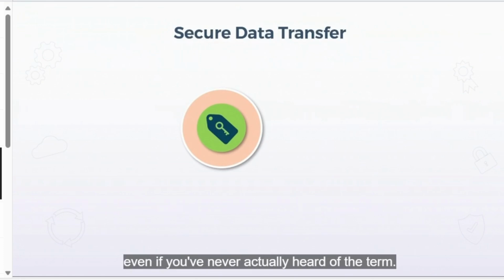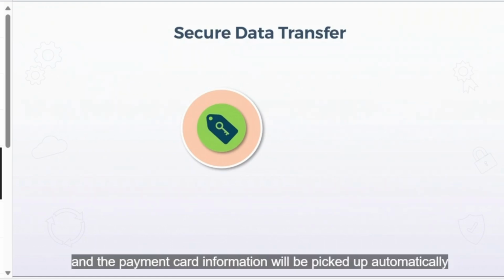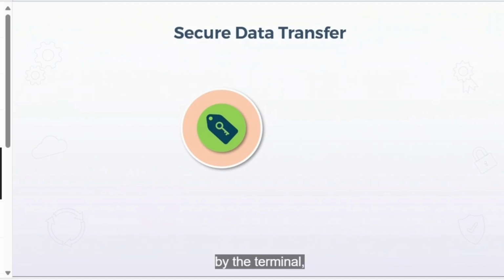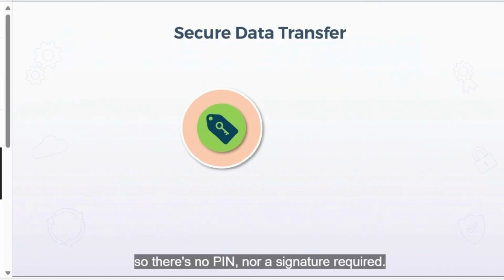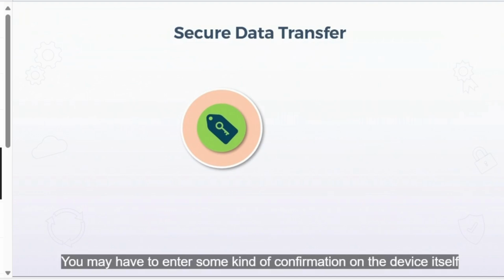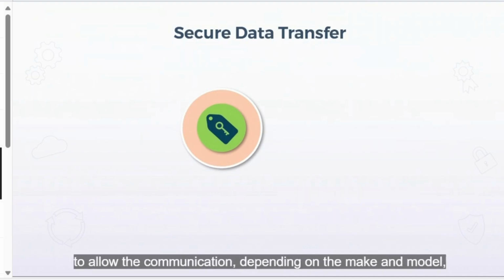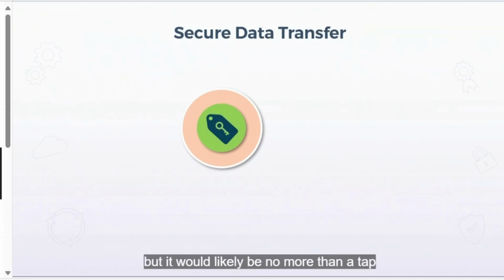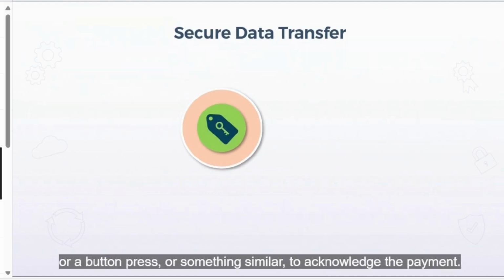Now, for anyone who has a relatively new mobile phone, you are likely very familiar with NFC, even if you've never actually heard of the term, because one of the most common implementations of NFC for mobile devices is payment applications. Most devices will allow you to store credit card and debit card information in the device itself. Then, if the point of sale terminal itself supports NFC, all you have to do is hold your phone in close proximity to the terminal, and the payment card information will be picked up automatically by the terminal. So there's no PIN nor a signature required. You may have to enter some kind of confirmation on the device itself to allow the communication, depending on the make and model, but it would likely be no more than a tap or a button press or something similar